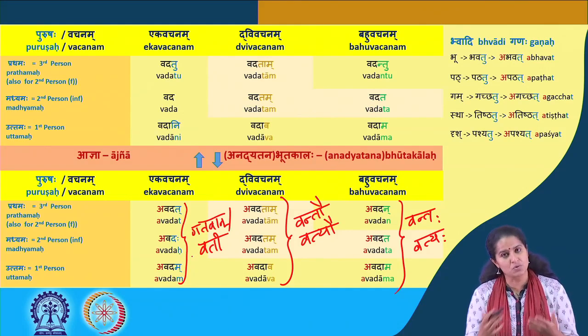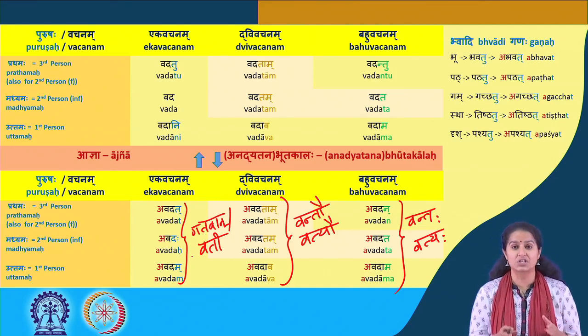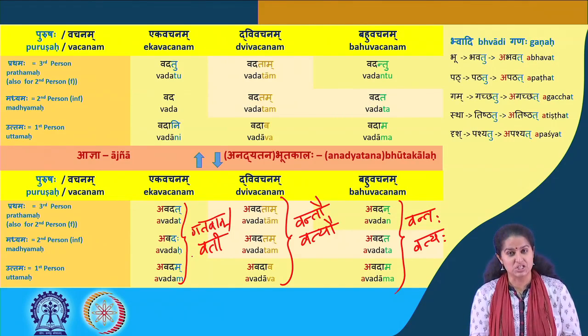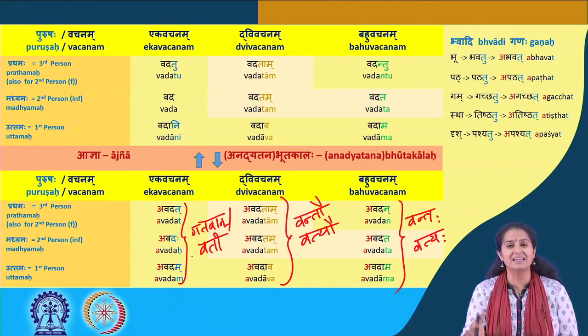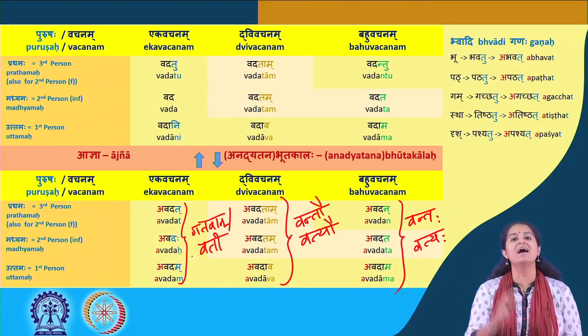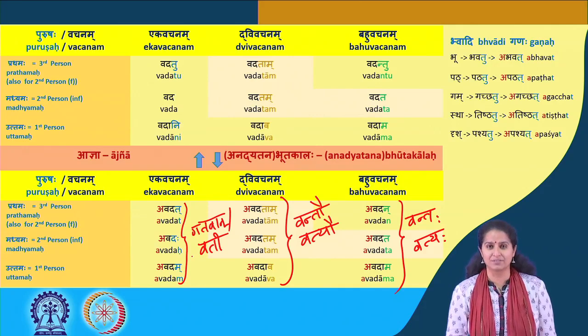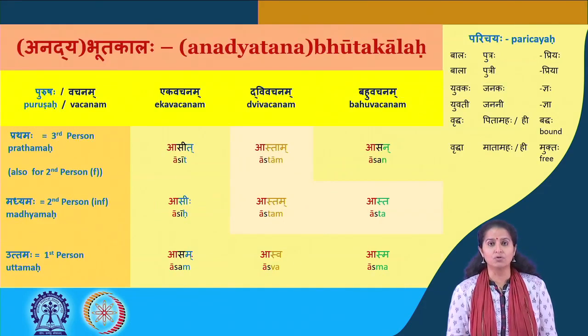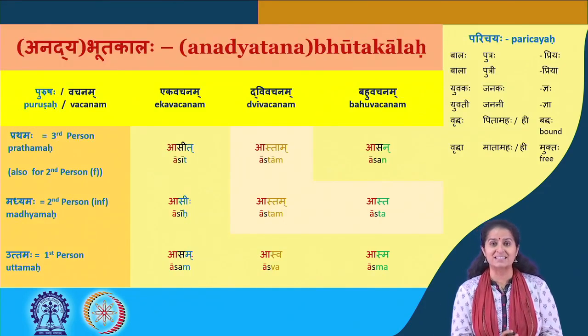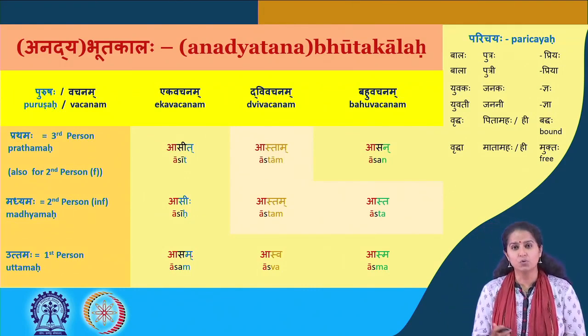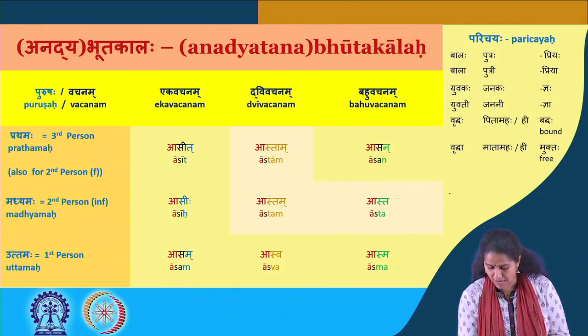And the last one also had this similar kind of modification, verb modification, where drish, to see, became pashyati in the present tense, and here pashyatu and apashyat. Uttamam. So I hope you have a hang of this table. Let's move on to looking at the past form or the bhutakala of the root as.